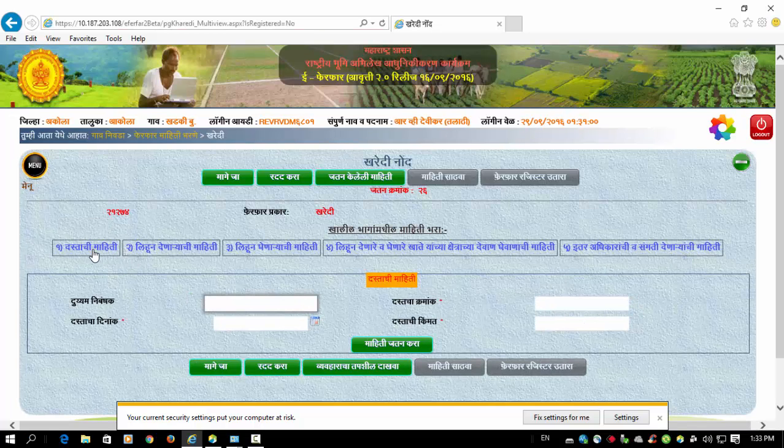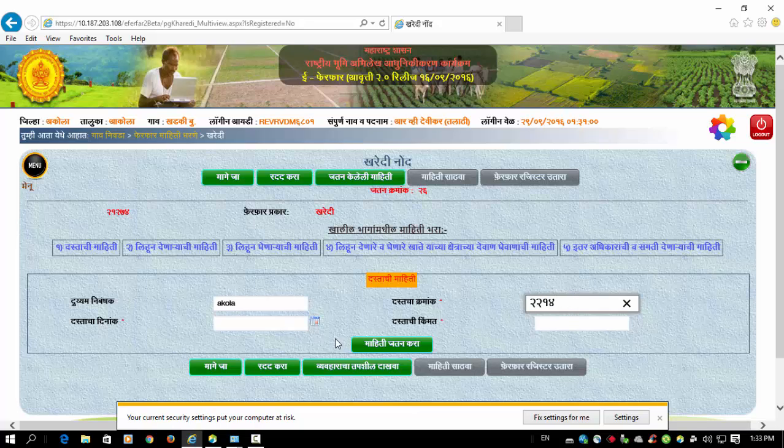First we will select दस्ताची माहिती. Under that, if it is registered with the SRO, then that SRO office name we have to give. दस्त क्रमांक. Here we have to select Akola. Then दस्त क्रमांक, the document number, is 2214.